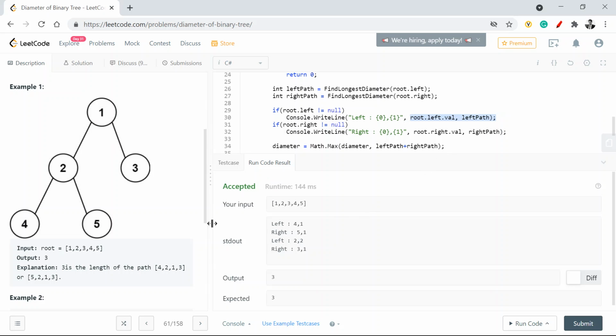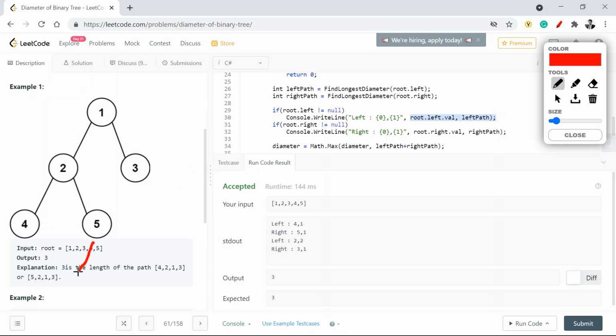So in a way, what we're trying to do is see the distance of a given leaf node from the root node, right? Now say I had something like 6 here and 7 here, right?